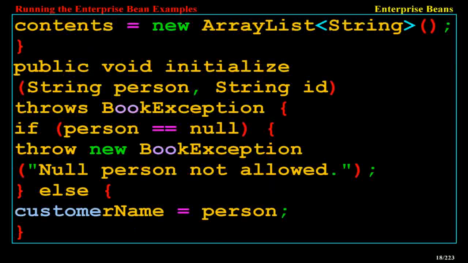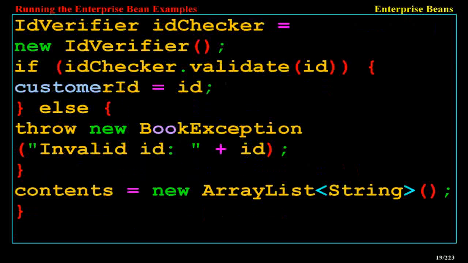public void initialize(String person, String id) throws BookException { if (person == null) { throw new BookException("Null person not allowed."); } else { customerName = person; } IdVerifier idChecker = new IdVerifier(); if (idChecker.validate(id)) { customerId = id; } else { throw new BookException("Invalid id: " + id); } contents = new ArrayList<String>(); }